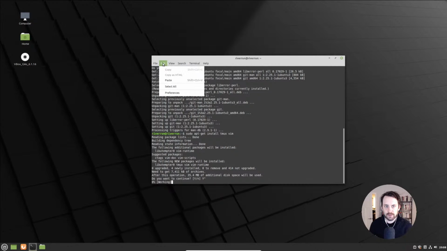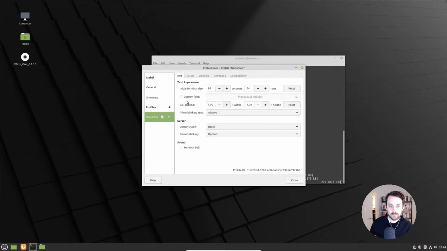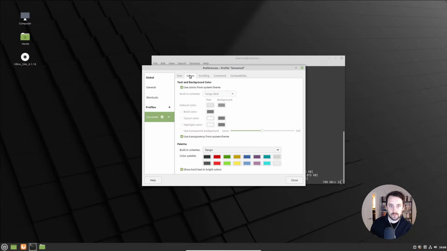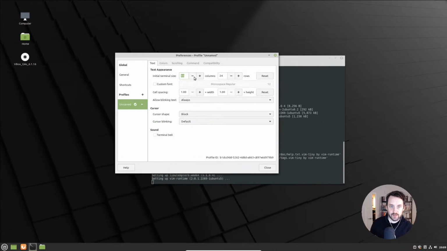And while that's going, I'll create a profile here. Alright, that's better, and then we'll make the text a bit bigger as well.